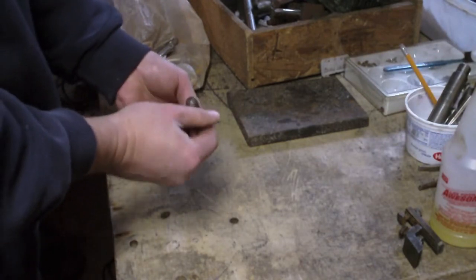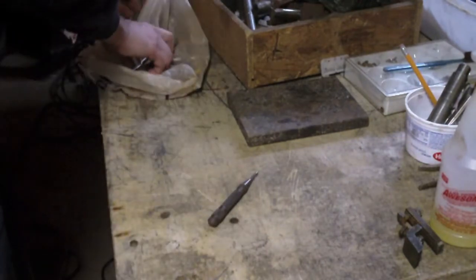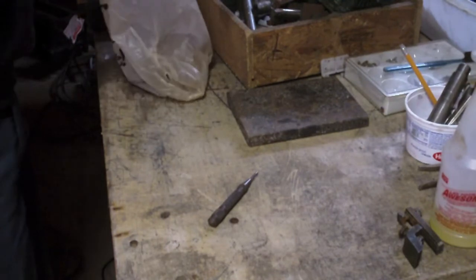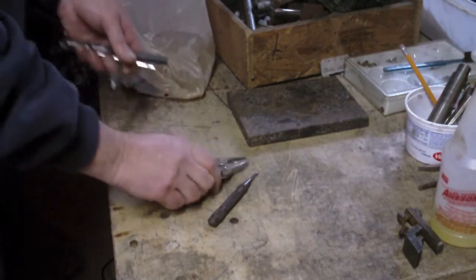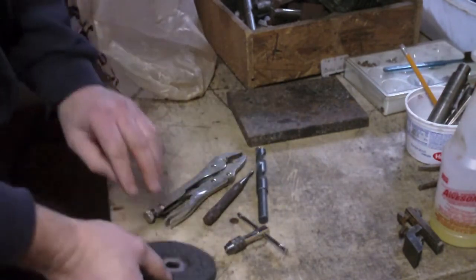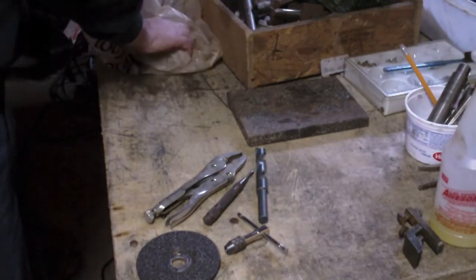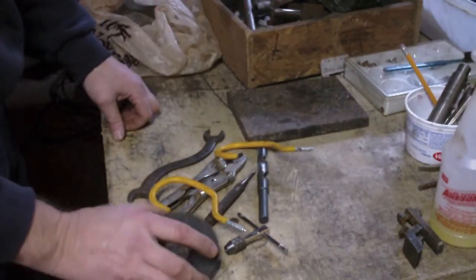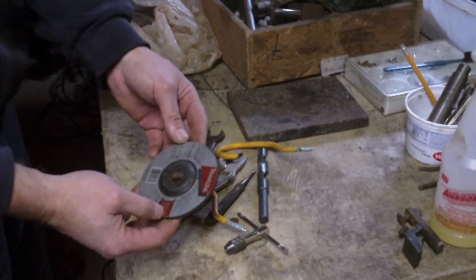So I said, I don't want it that badly, but I made a mental note of where it was, and then I went back a couple weeks ago and picked it out. I said, Jesus, I'm so cheap. So what I did was I looked through and found basically this tile right here, and haggled and got that for $5. So I got a Makita angle grinder wheel,